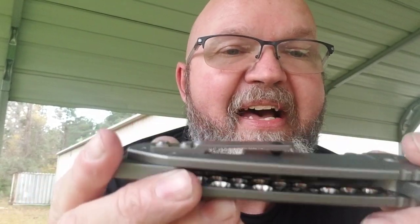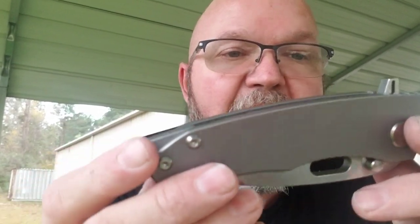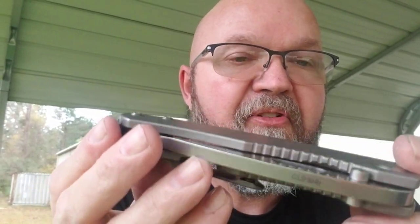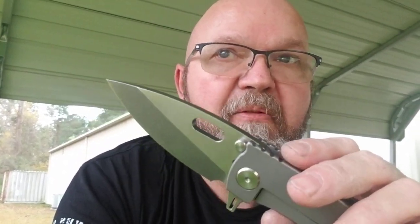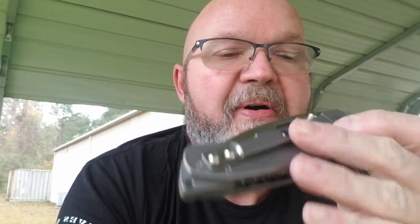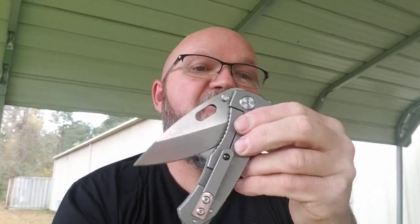I believe this was made by high-end China Knives. They are a maker of replicas or clones or homages or whatever you want to call it. I got this for dirt cheap. I've had it over a year now, and I just hated the way it was impossible to open. The detent on it was so tight, just crazy stupid. The only thing I really don't like about this knife now is it is a little cumbersome to get in and out of pocket. But, you know, you can spidey flick it,